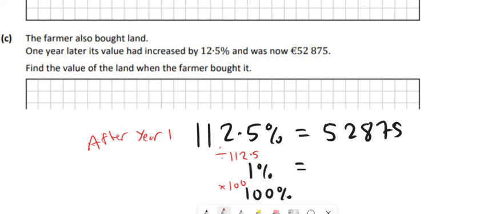So 52,875 divided by 112.5, and then multiply by 100, and we get 47,000. Yeah, so I went straight and I just did it all together in the calculator. So all of that question is